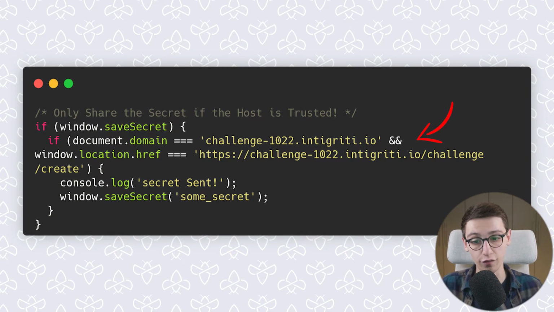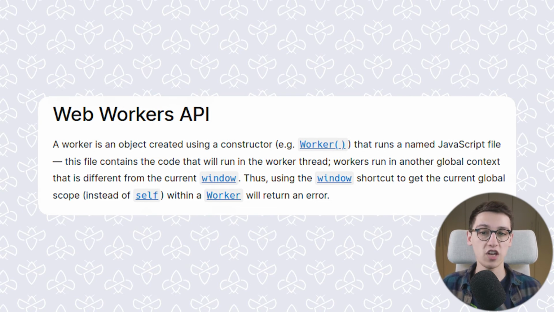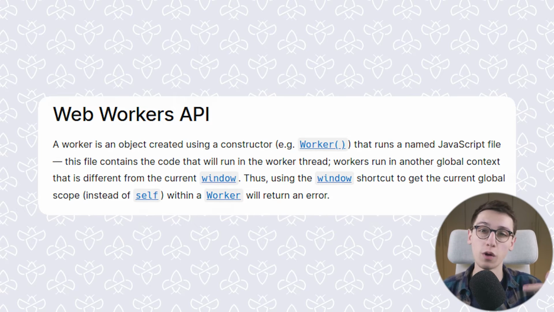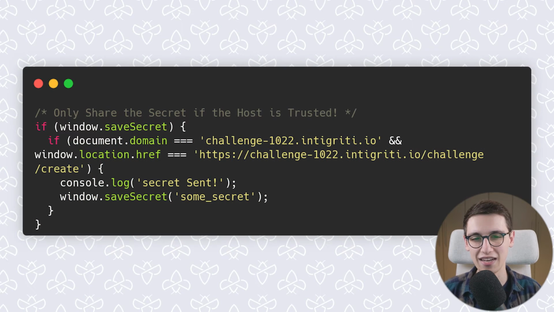And if you've not heard of web workers, they are an object created using a constructor, Worker, and they run a named JavaScript file. And that file contains code that will run in the worker thread. And these workers run in an entirely different global context that is different from the current window. So accessing window won't work. It will return an error because it doesn't exist. So that is very interesting. There is no window or document object present in web workers,